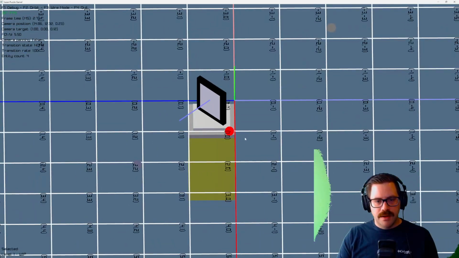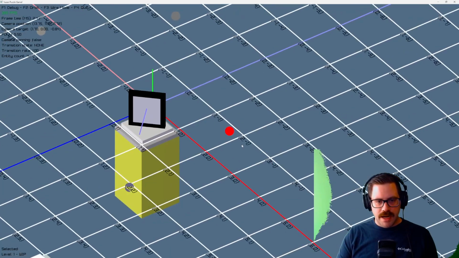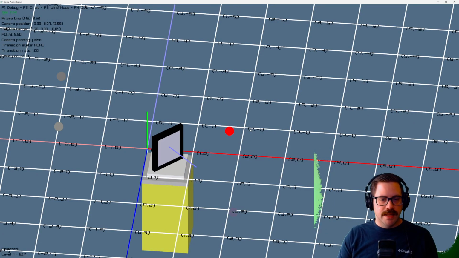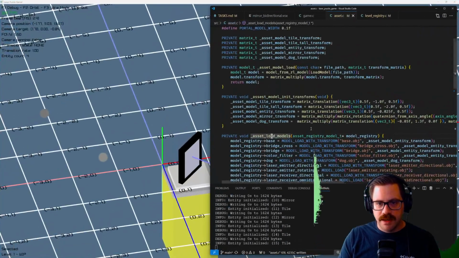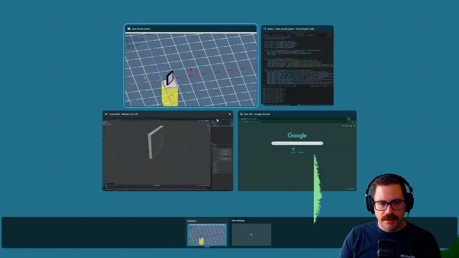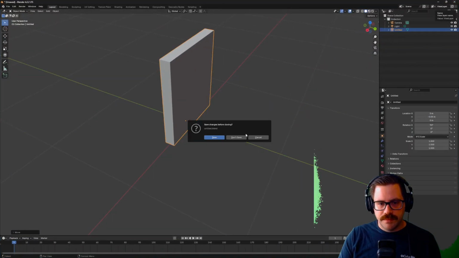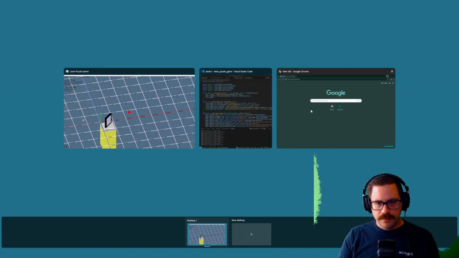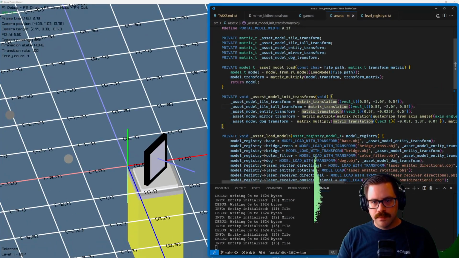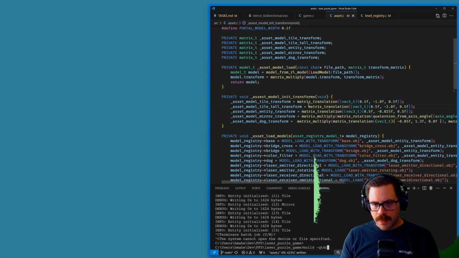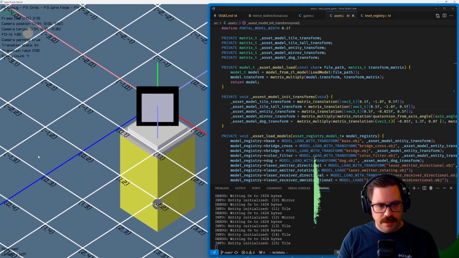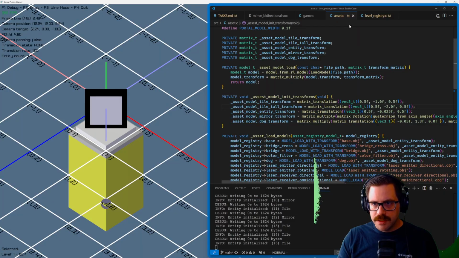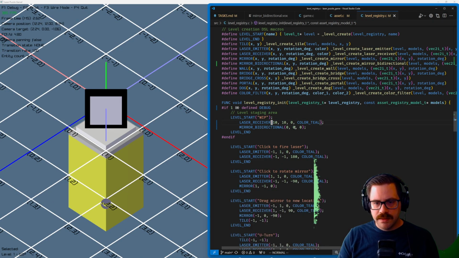So now, what am I gonna do with this? The first problem I'm gonna have is the way the laser system works. I think I'm just not gonna be able to bounce the laser off the back. So let's just do that and then see what happens and go from there. So here I can close Blender. I'll open this again just so I can look at the coordinate system. So if I go into my level registry,